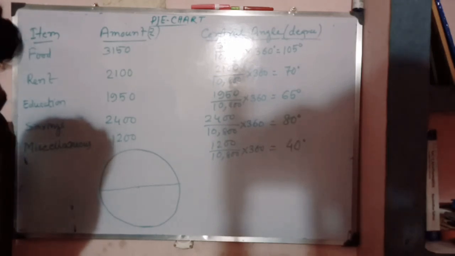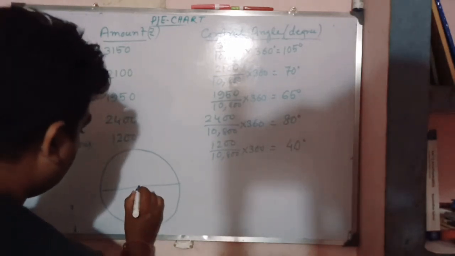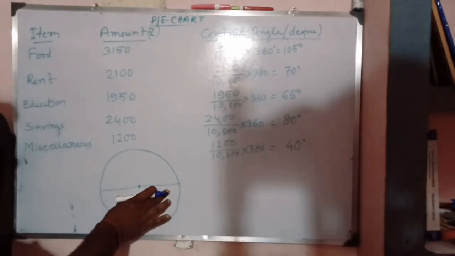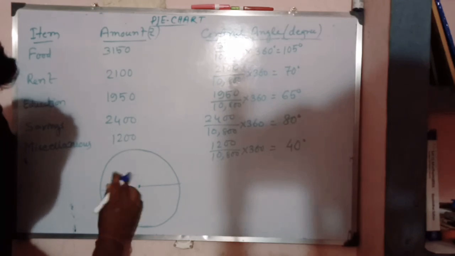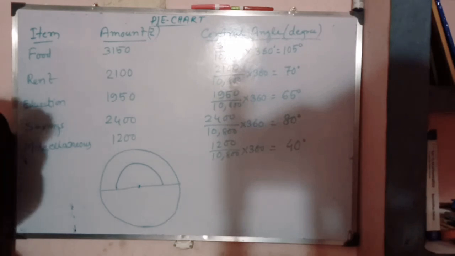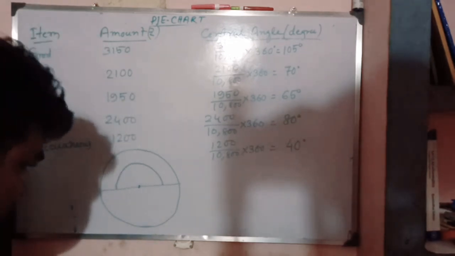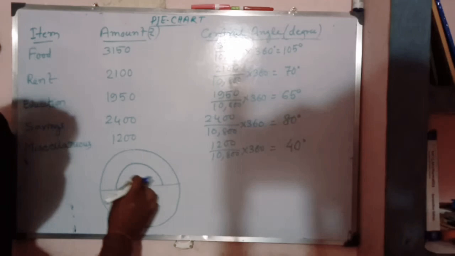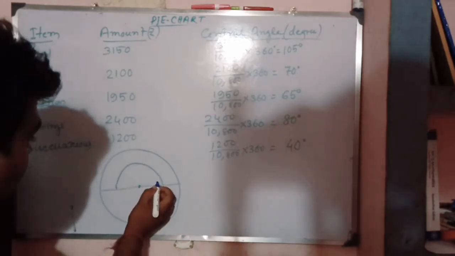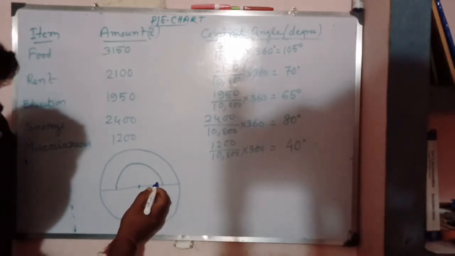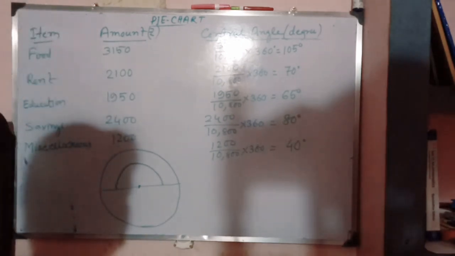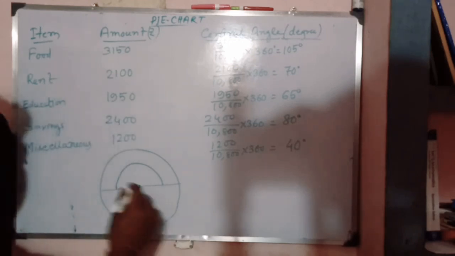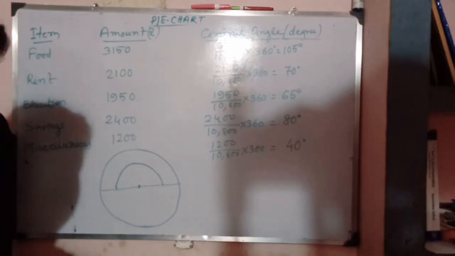The first angle is 115 degree, so we can draw 115 degree regarding this diameter. First we can put the protector over here. Suppose this is the protector. Understood? The protector has an outer angle and an inner angle. Now if we take the outer angle, actually right now I have no protector, so I am unable to show you the right process.